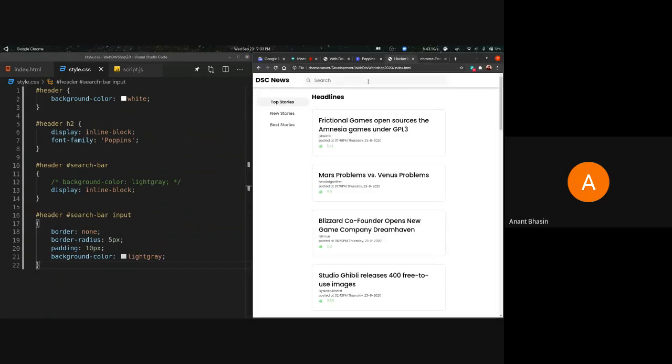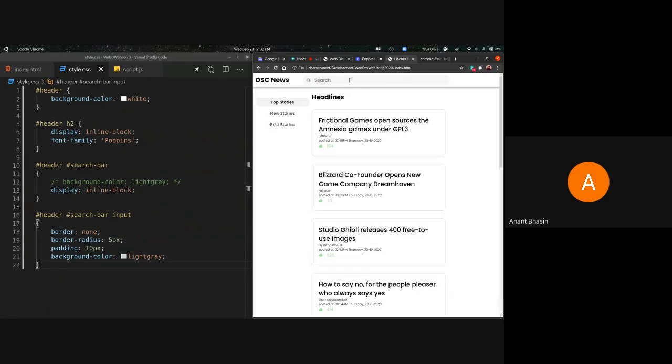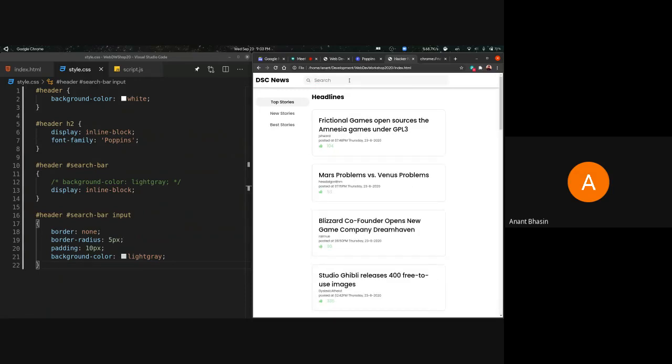If I just show how the input works over here, we are not actually going to submit it anywhere. But if I start typing, you can see that only the news items that match whatever is over there are shown on the bottom. We're going to show you exactly how to do this. This is using JavaScript. So don't get confused, but we're not actually submitting the search terms from here anywhere.